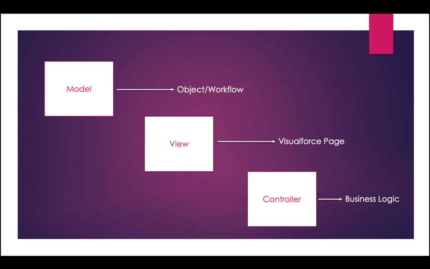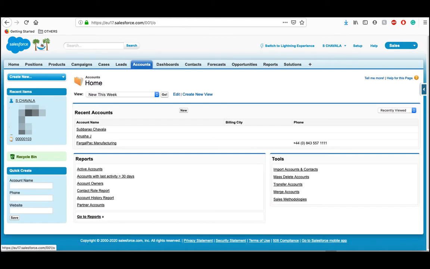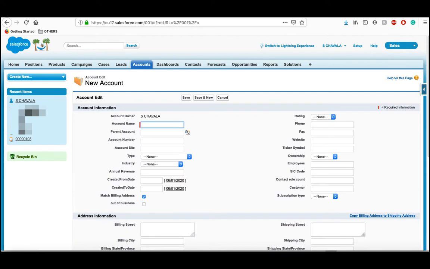Now I'm going to create a small Visualforce page and I will show you how to write a Visualforce page and how it works. Here I'm taking an example. The example would be, let's say, accounts. If I go to the account object, then click on the new button, then we can see all the fields. But I don't want to see